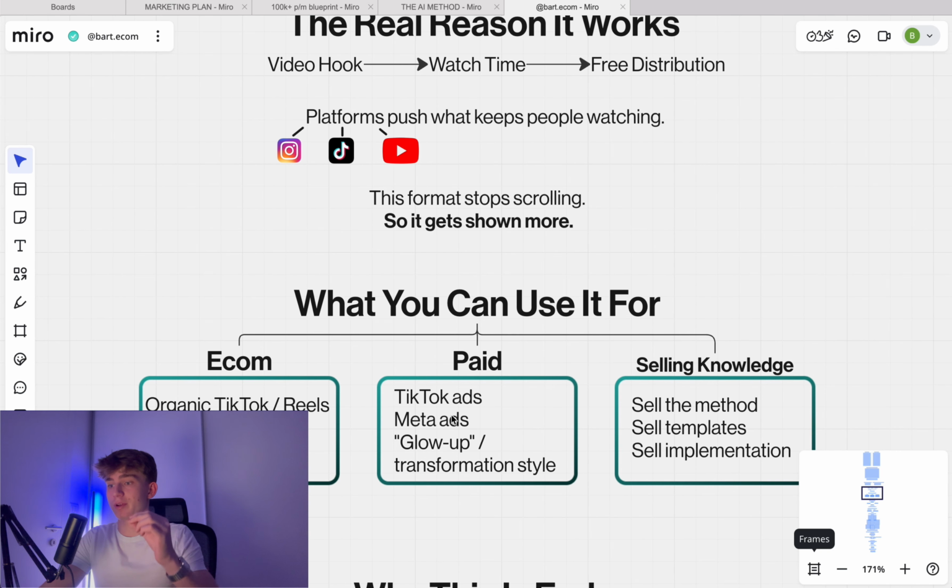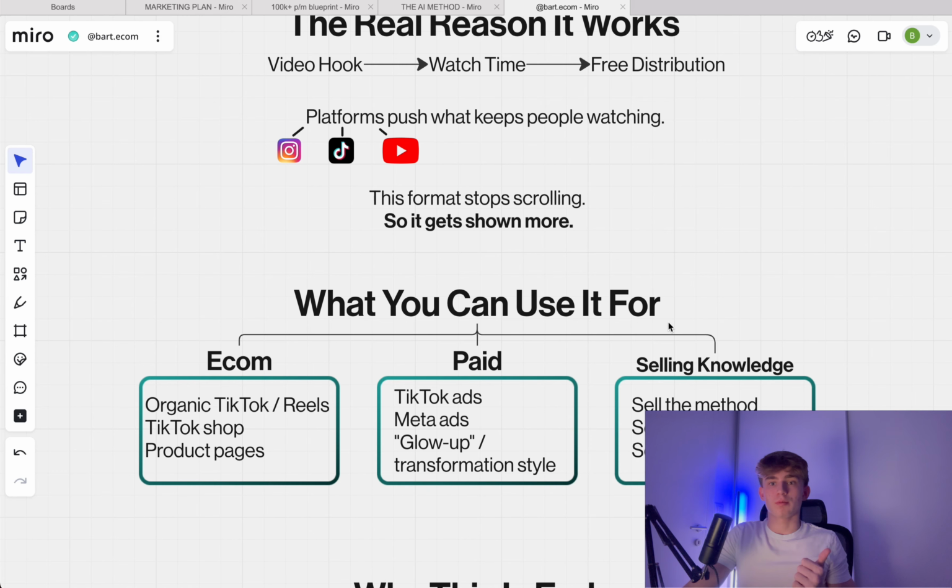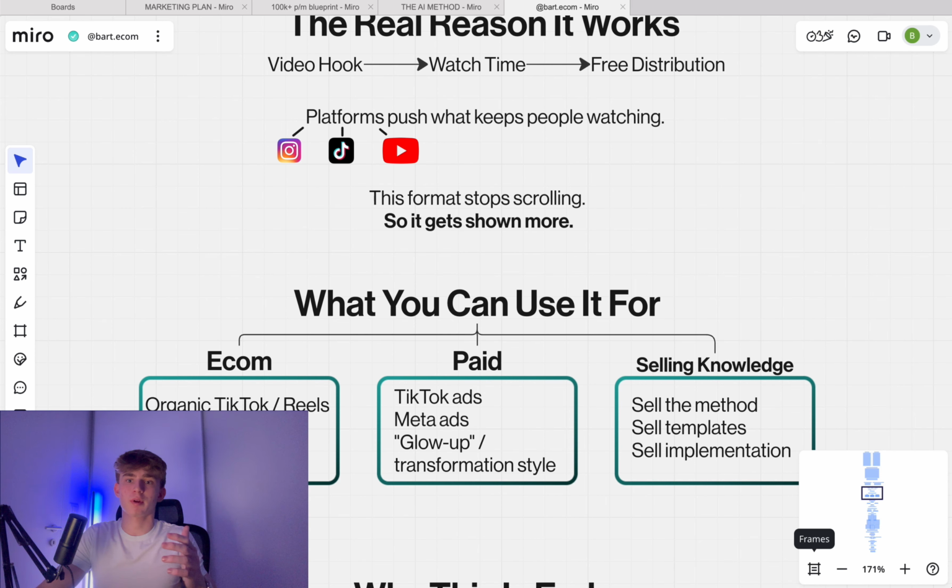So here's a perfect example of what you can use it for. You can use it for e-com, which I do mainly. I use it for TikTok organic, Reels, again, Facebook. You can use it for TikTok Shop or for product pages. Just generally, if you have a testimonial, a picture of a person talking, hey, I bought this product, it's amazing, it actually works. Don't you think that will actually boost your conversion like crazy? Obviously it will, because all the people care about is testimonials, nothing else, not the images.